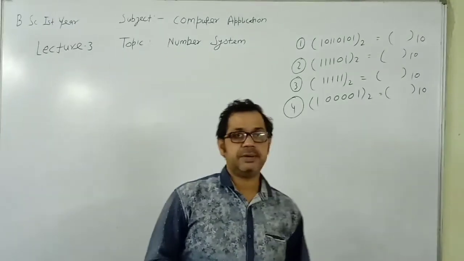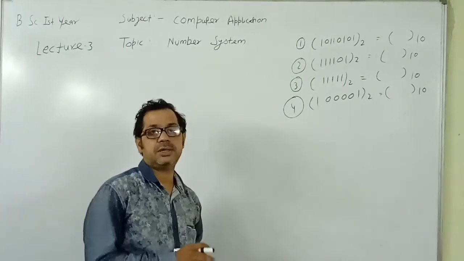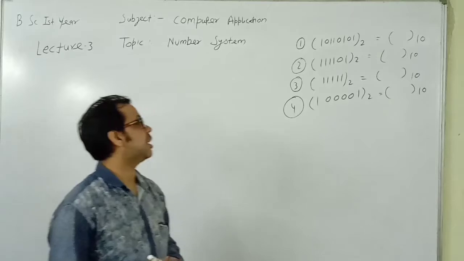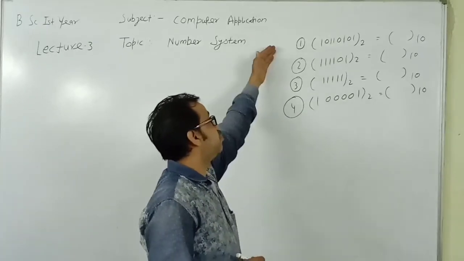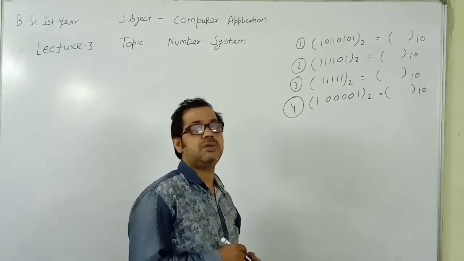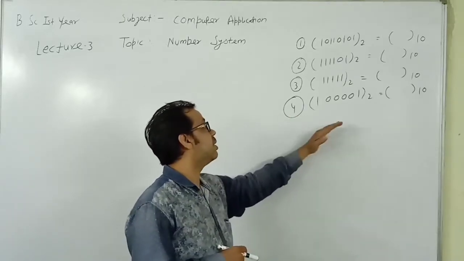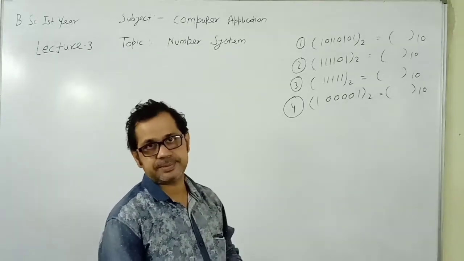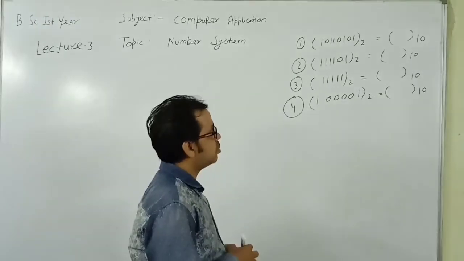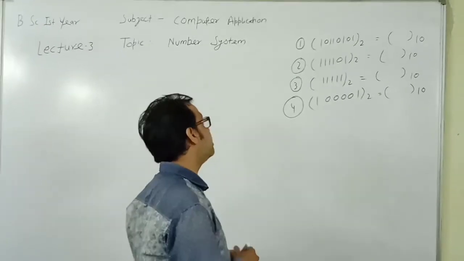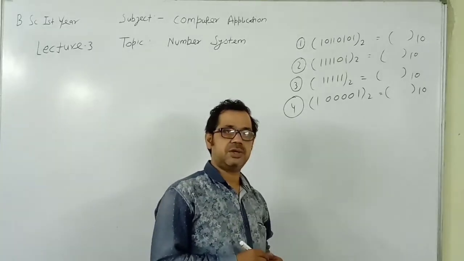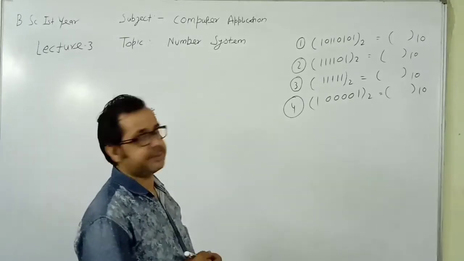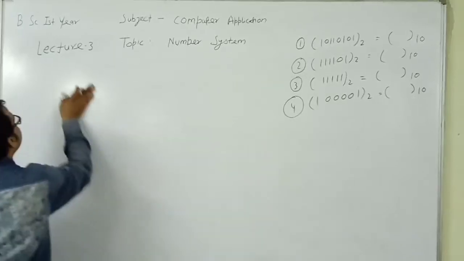In last class, I already explained how to convert numbers from binary to decimal and decimal to binary. I also gave you these 4 questions, in which you have to convert numbers from binary to decimal. This was your homework. Today I will explain each of the questions separately. You have to check your solution and note it down. If there is any problem, you have to correct it. So start from question 1.